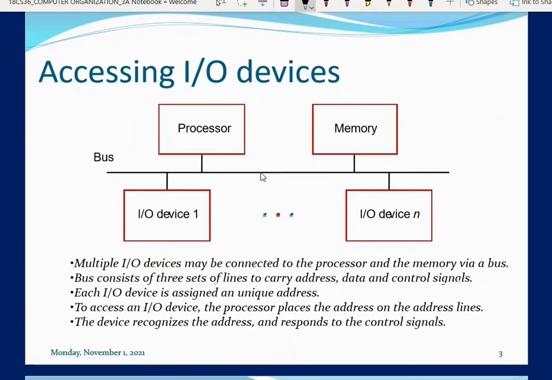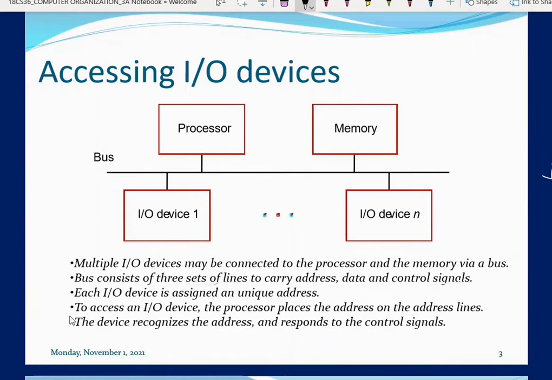Whatever set of lines there are, they are divided into 3 types: address bus, data bus, and control bus. The address bus carries the address, the data bus carries the data, and a set of lines is dedicated to carry the control signals.